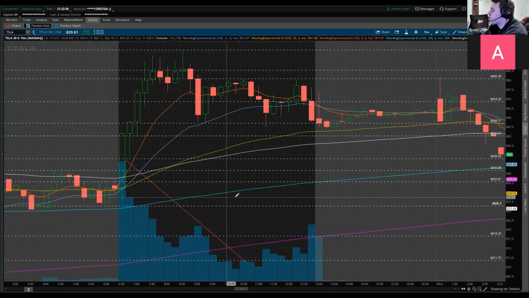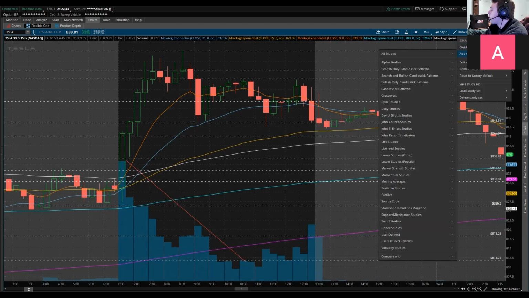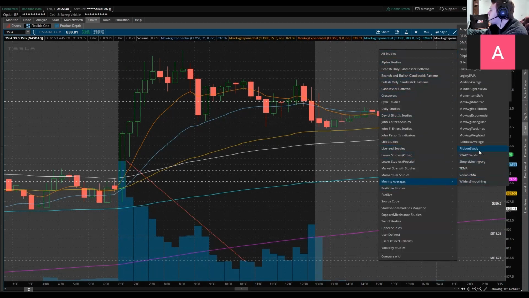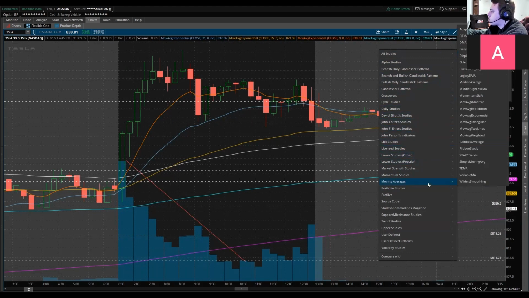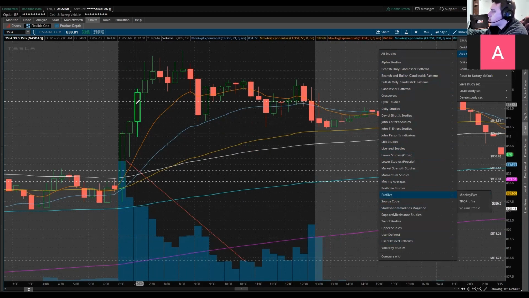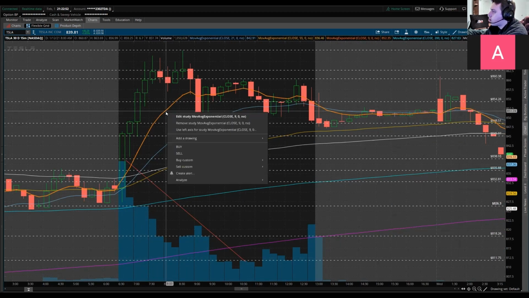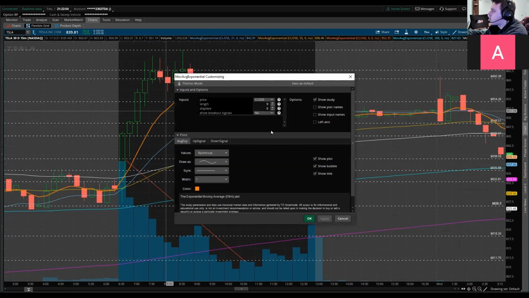Where's the EMA indicator on Thinkorswim? You go to studies, add study, moving averages, moving average exponential. You'll hit it and it'll give you 9 by default. You do that 3 times, and then they'll all be overlapping. You right-click, edit study, and then you change